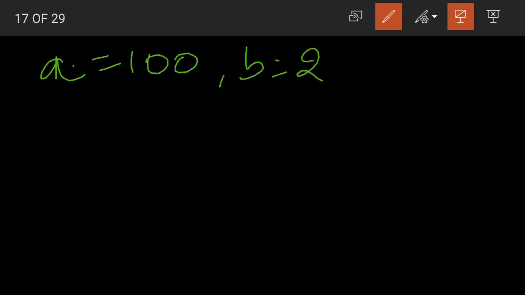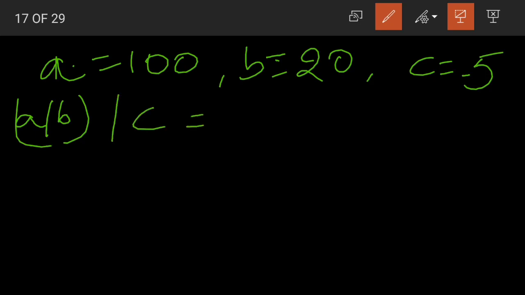Let us take the example of A is equal to 100, B is equal to 20, C is equal to minus 5. Okay class, I'll take one negative integer for your clarification's sake. What is our condition? (A divided by B) divided by C is equal to A divided by (B divided by C). Coming to the LHS,